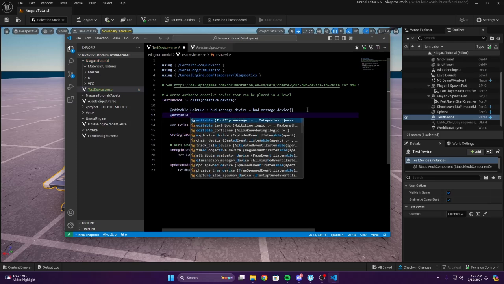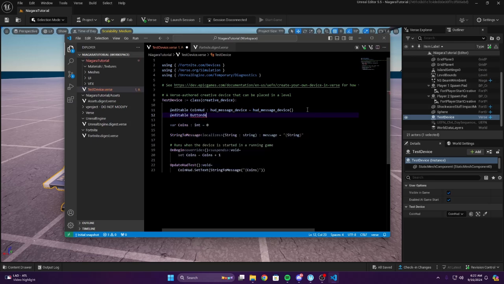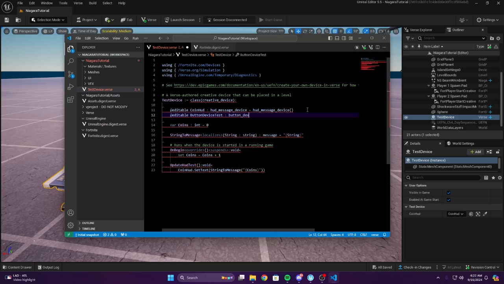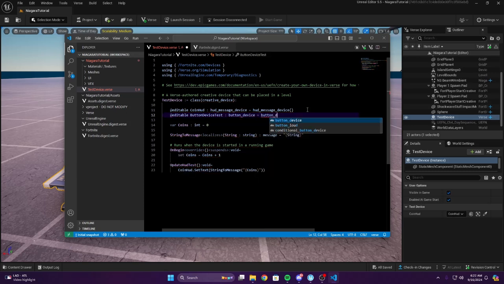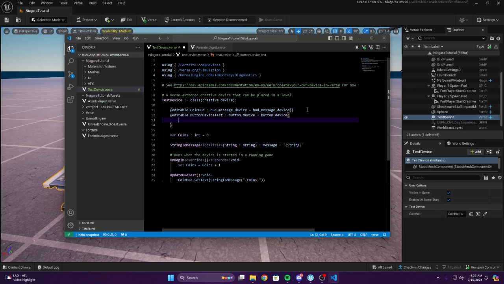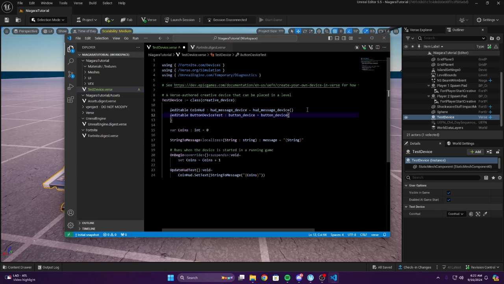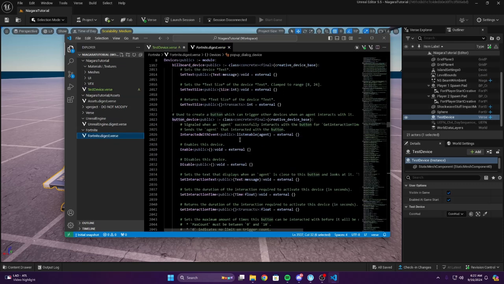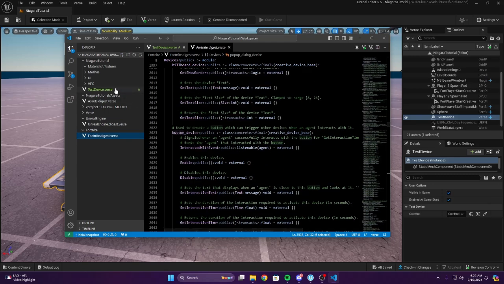So at editable, and if we want the button device here, we'll do button device test, and then we'll do button underscore device equals button underscore device. Okay, so like that. Obviously, that gets our button device. Okay, so one thing we gotta do with this is every time it interacts, we gotta subscribe to this event here. So what happens is